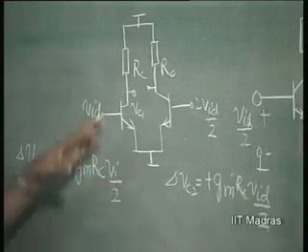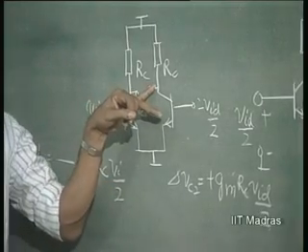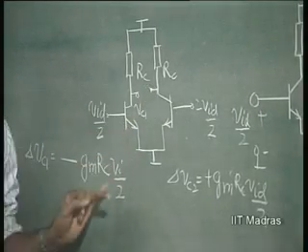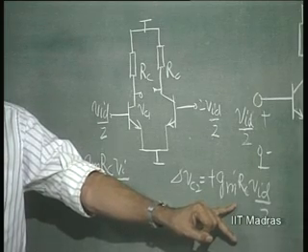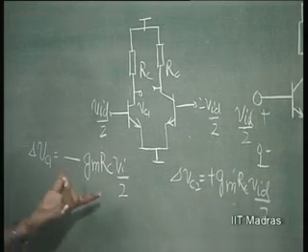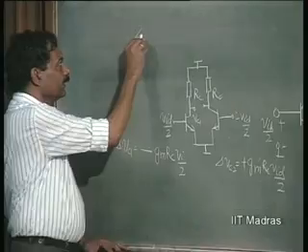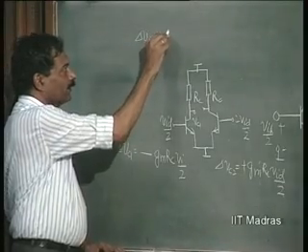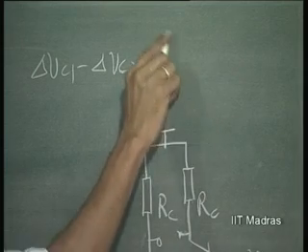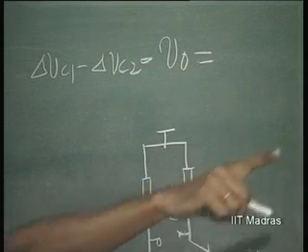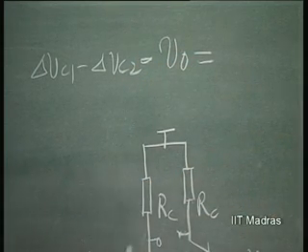So you get the same value of output voltage, but with a phase shift of 180 degrees. And therefore, if you take delta VC1 minus delta VC2, which is nothing but V naught as marked there,